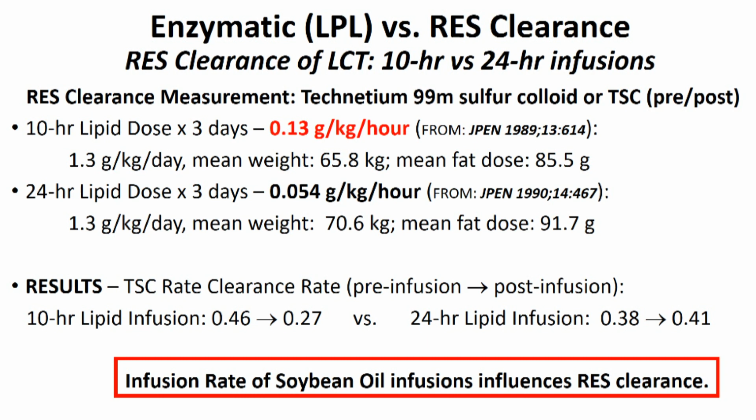Excessively high infusion rates of soybean oil emulsions during discontinuous infusion impairs reticuloendothelial system, or RES, clearance, mainly by phagocytic uptake of fat by the Kupffer cells. These are innate immune cells, and technetium sulfur colloid clearance is a marker of its uptake by Kupffer cells. During a 3-day discontinuous infusion over 10 hours, RES clearance of technetium sulfur colloid was reduced by 50% when measured pre to post-infusion of the soybean oil emulsion. No change in TSC clearance was detected when the same infusion was given continuously over 24 hours at the same